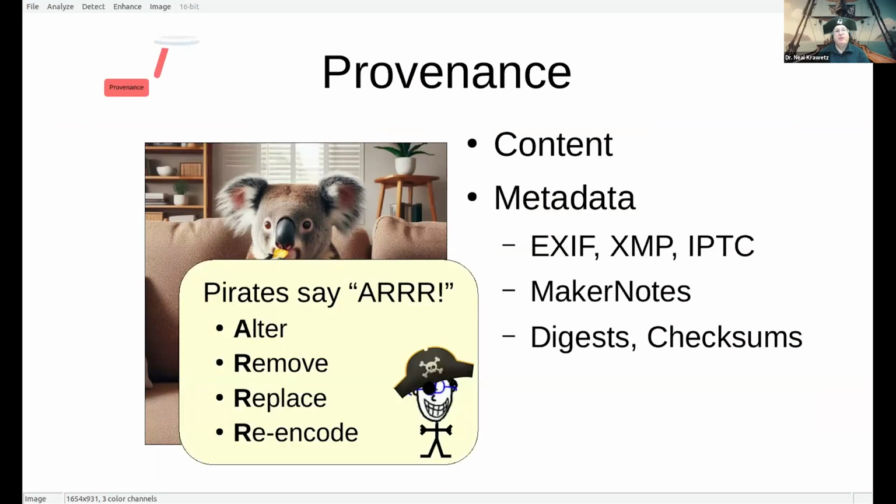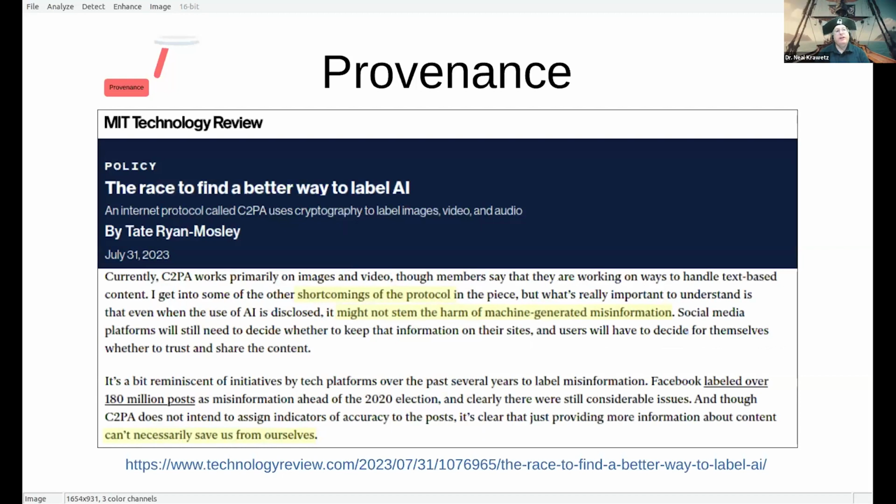That means an attacker has direct access to the data. The attacker can easily alter, remove, replace, or re-encode the information in order to create a viable forgery. MIT Technology Review described this attack method as the shortcomings of the C2PA protocol and noted that it would not stem the harm of machine-generated misinformation.